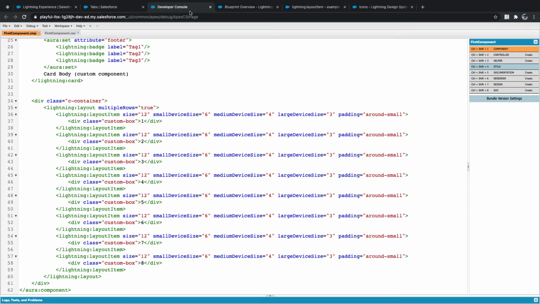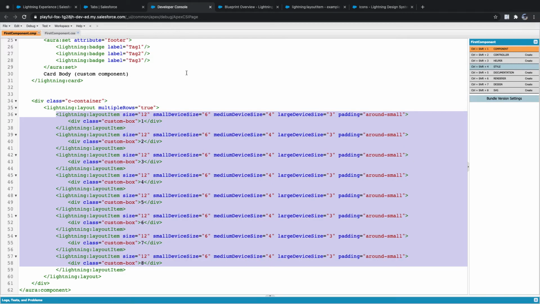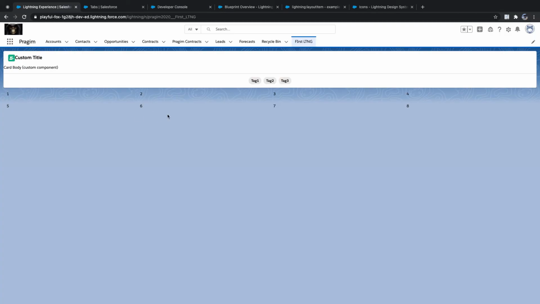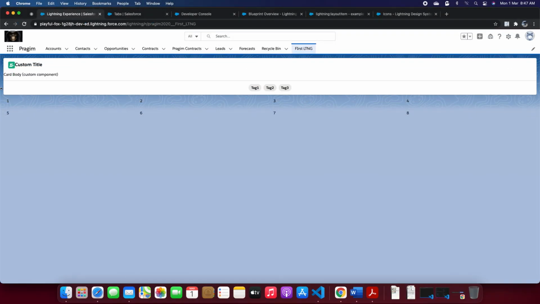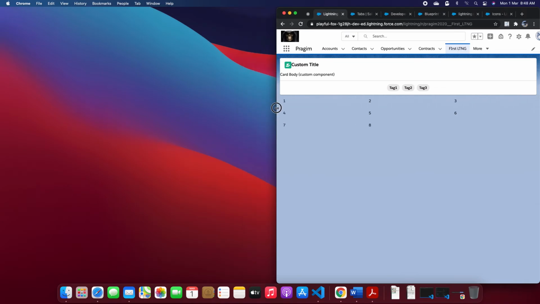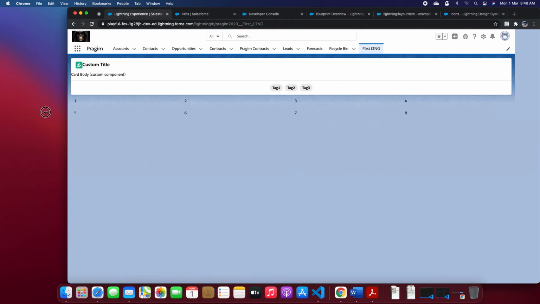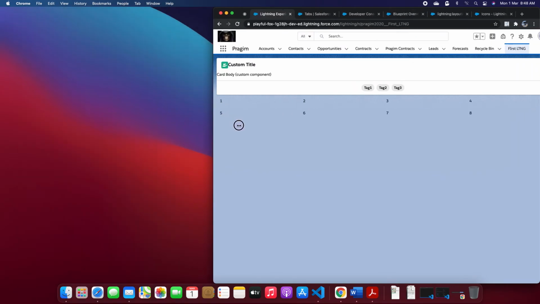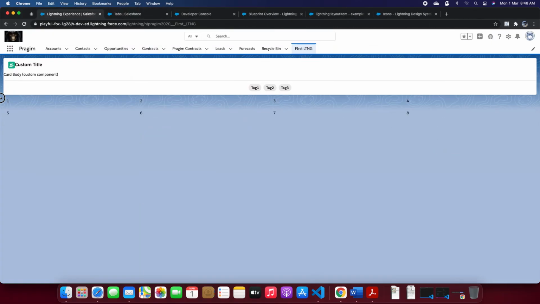So if you want to do a responsive layout, you don't want to write extra. If you want to get this layout, you need to write so much CSS if it is actual development, right? Completely from scratch. If you are starting with your base components, you don't want to worry about your responsiveness. It will come automatically if you started using the Lightning Design System CSS. The rows are getting changed automatically. Clear?